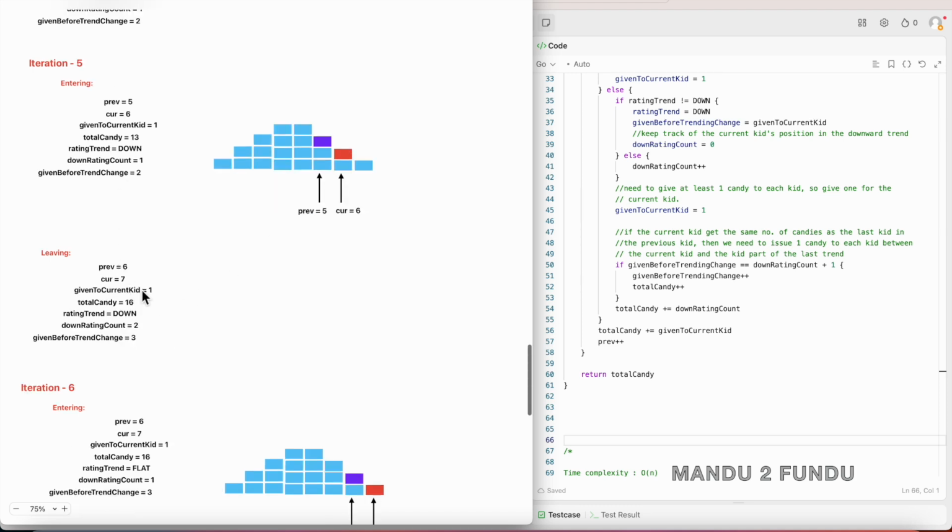And in this iteration, again the rating pointed by the current pointer is less than the previous one. But in this case, it is already part of the trending down case. So we simply increment the trending down count. So it becomes 1 to 2. And then we initialize the given to current kid with 1 because we have to give at least 1 candy